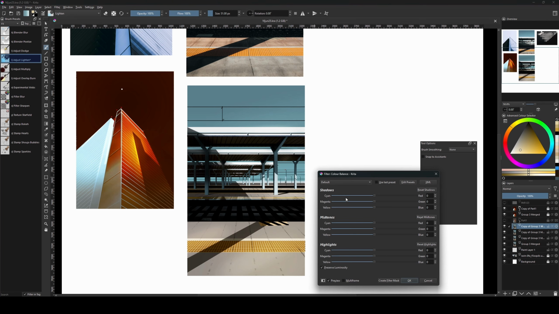Maybe use the color balance and change the colors there. The shadows like a purple, and you could increase here the sky like this, a bit more blue, and the lights there you could make like a pink